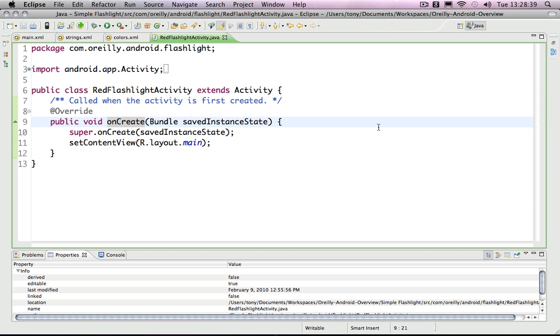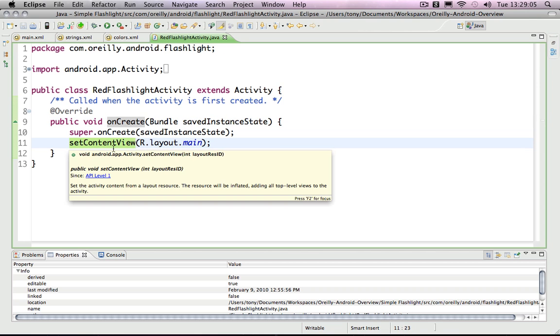And if you navigate to another screen, the activity will still be around, so that when you navigate back to it, onCreate won't be called. So this is for doing initialization. This is the place that you do the setup that you only need to do once. And one of those things that you need to do only once is to set which view you're going to be using, and you do that through this setContentView